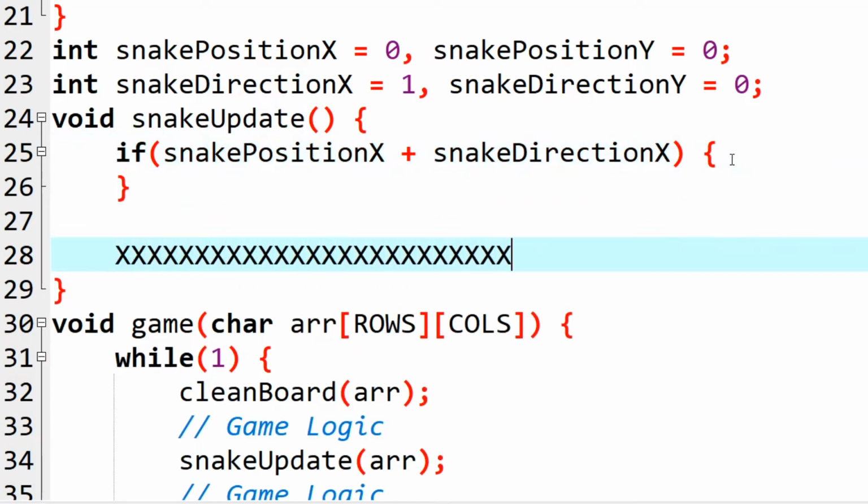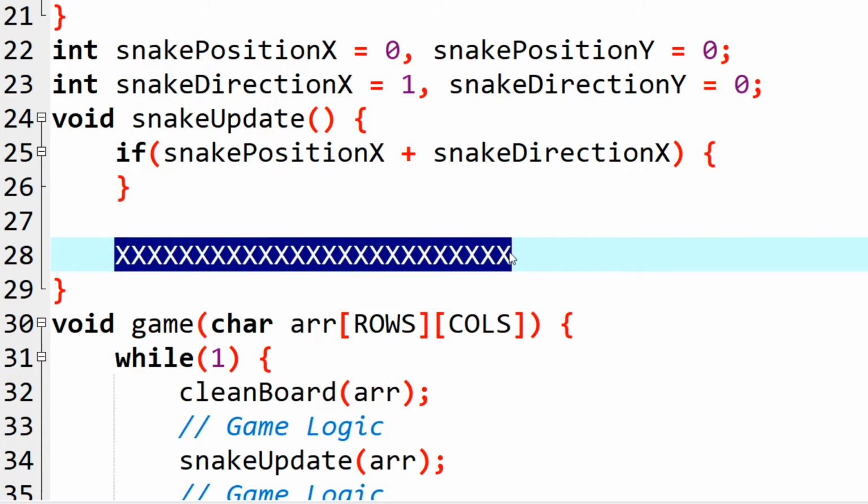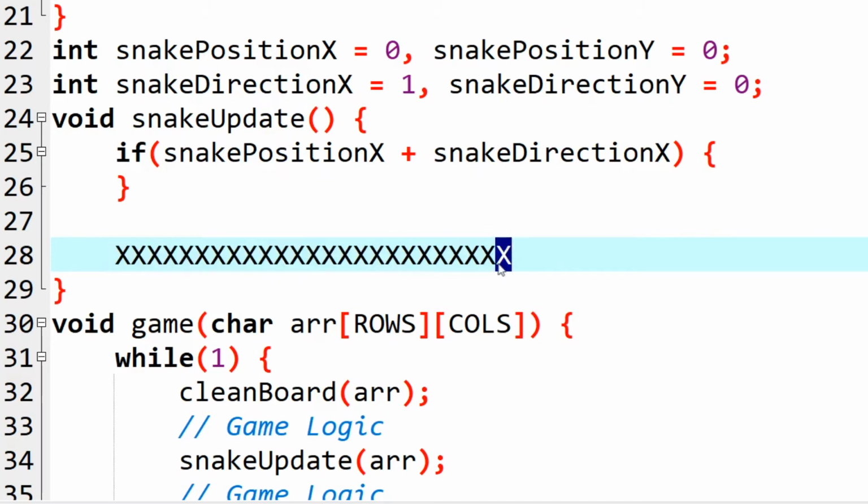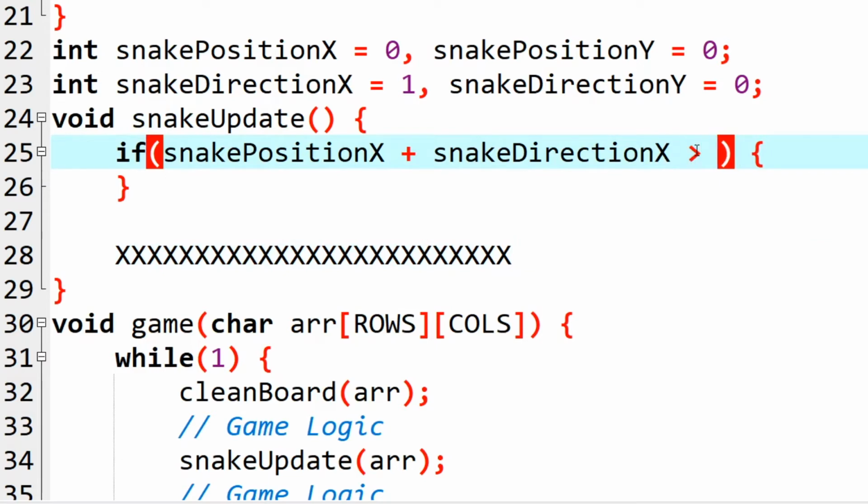we have these x on the screen and there is a last x. I don't want the snake to go beyond this last x or it will crash. The game will crash because there will be an illegal memory access and all of that. So I want to stay between this and between this, right? So right now I'm going to write a logic for that. If my current position plus the direction, like if I'm here and if I add 1, it is still within this bound, then I can safely move ahead. Or if it is not here, I should display you lose or something like that. So I hope that's clear.